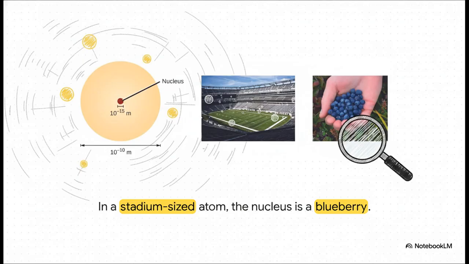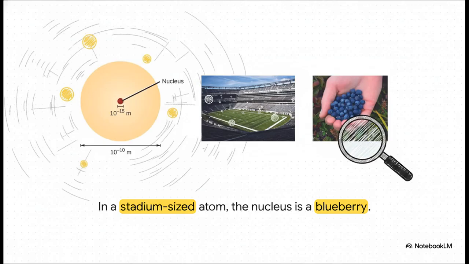So, to truly understand chemistry, we first have to wrap our heads around scale. The development of modern atomic theory revealed something kind of mind-blowing. An atom is mostly just empty space. Think about a massive football stadium. If an atom were expanded to the size of that entire stadium, the incredibly dense nucleus at the center, which holds all the protons and neutrons, would be about the size of a single blueberry sitting right on the 50-yard line. Everything else, all that vast empty space in the stands and on the field, is where the negatively charged